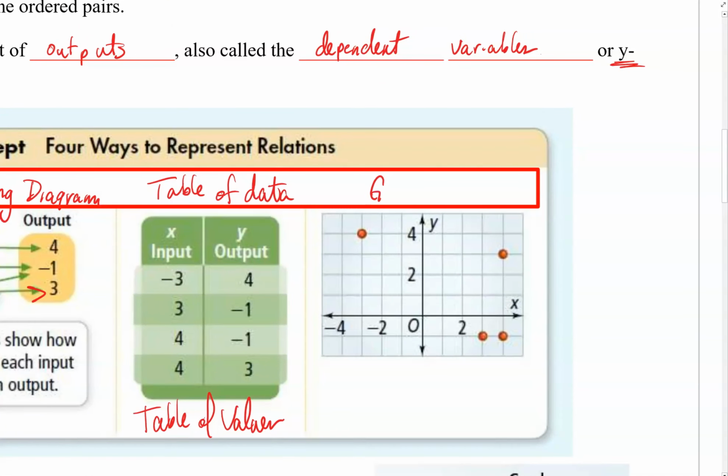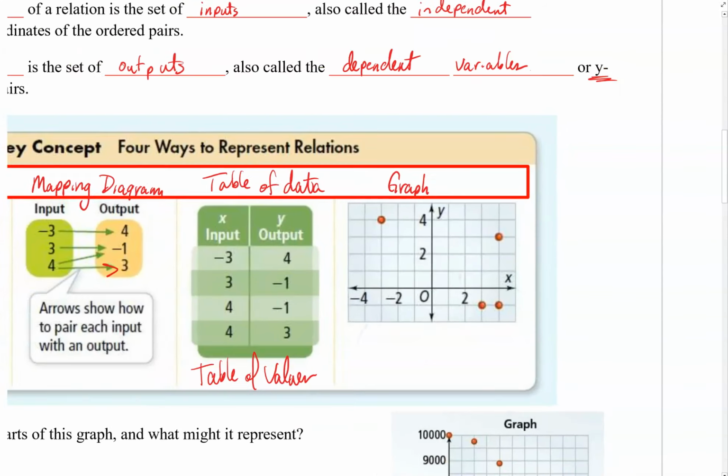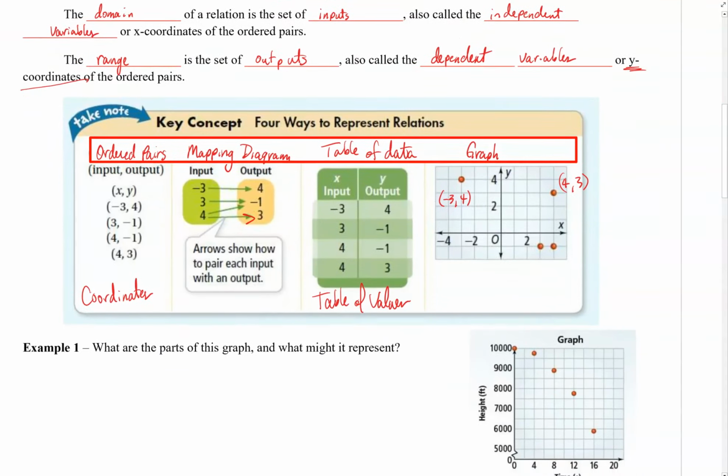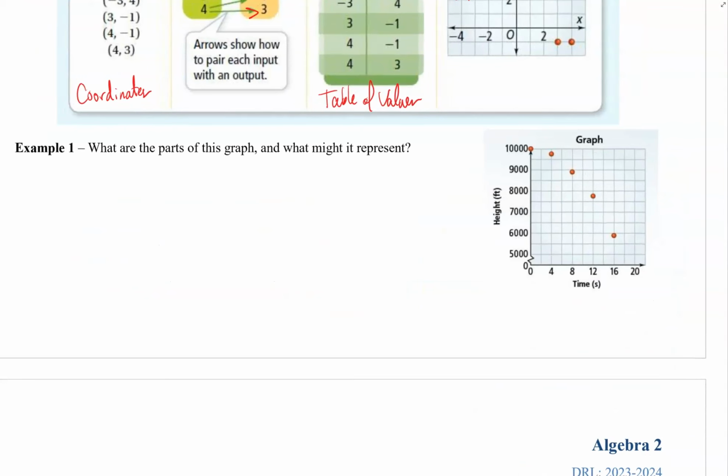Now finally we have our graph. This is the 4th way to represent a relation, and if you'll notice, we've simply placed the ordered pairs or coordinates and the results from our table of data or mapping diagram to their appropriate locations on the graph. Of course, here is -3, 4. This coordinate is 4, 3, and so on. So in this example, I want you to think about what are the parts of this graph and what might they represent. In other words, can you pause the video in a moment and identify where the input and the output values are